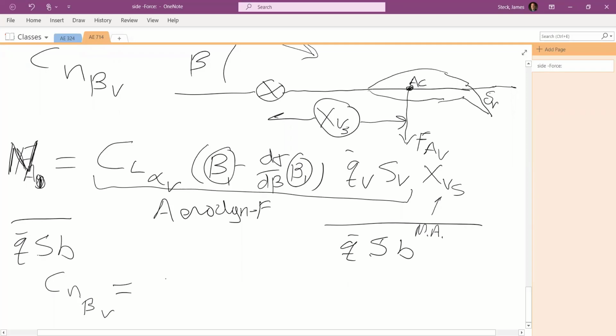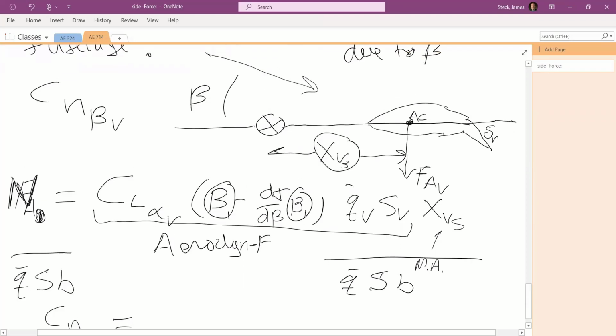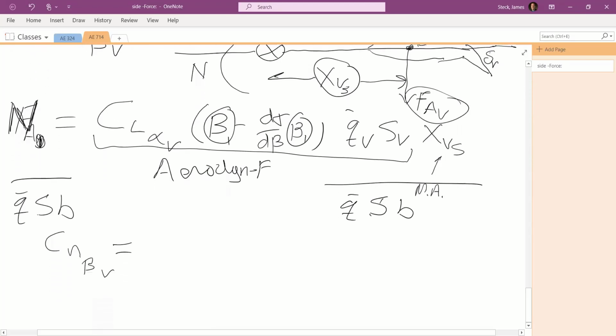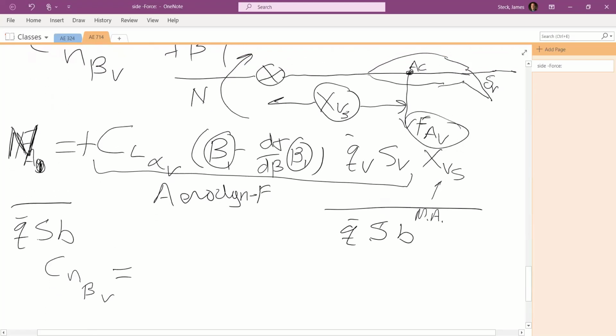What sign? Did I get the sign correct on there? There's positive beta. We get a force in this direction. It yaws in that direction, right? Is that positive or negative? By now we know it's positive. If you have to check, put your thumb down the z-axis. Nose right is positive yaw. So the correct sign here